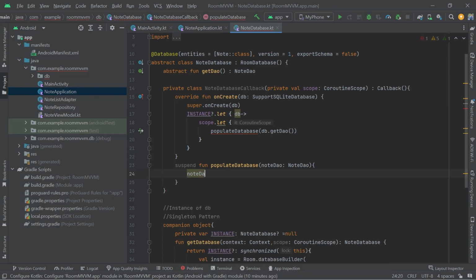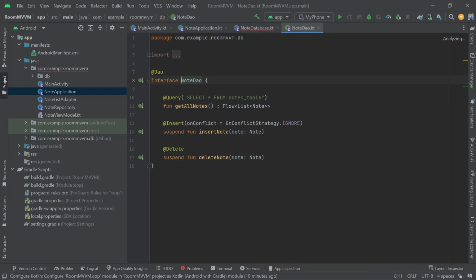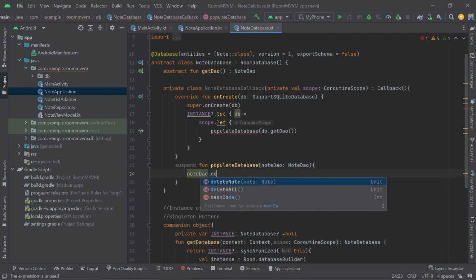So for that, we can just add a method, or let me just add a method. So inside of our DAO, we can add a method that will be a suspend function. So deleteAll, and it will just return us nothing, and the query should be delete everything from our database. So our database table name will be notes_table, and that's it. So we will call this method deleteAll,